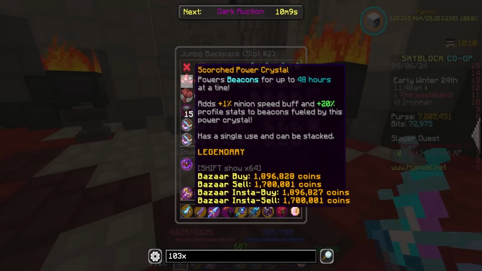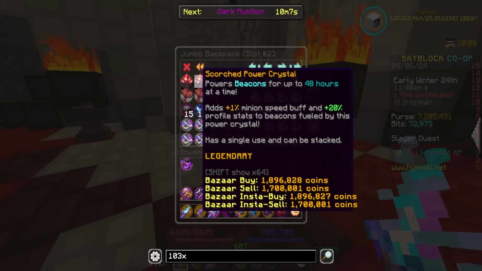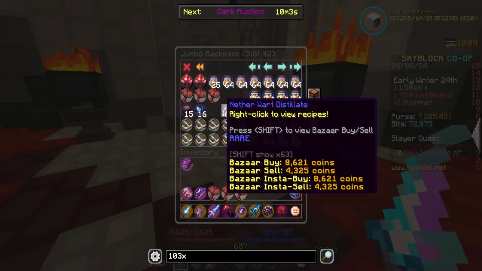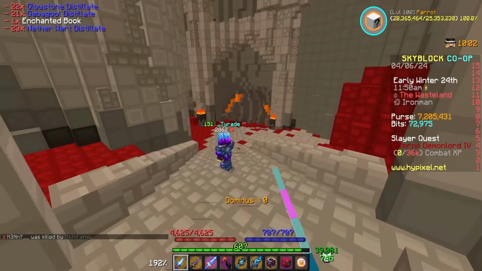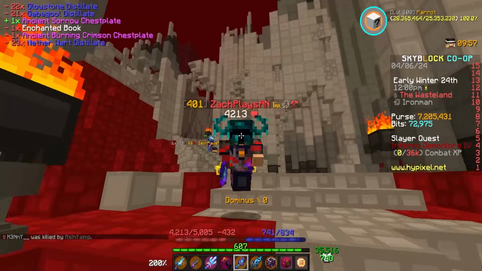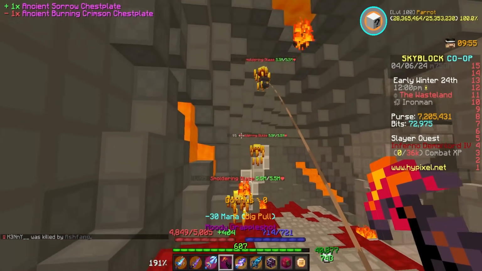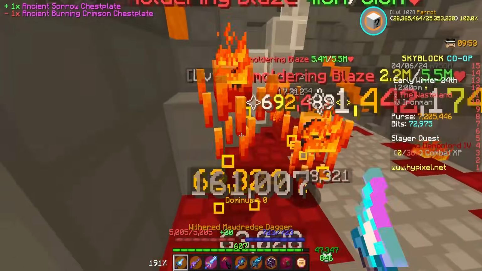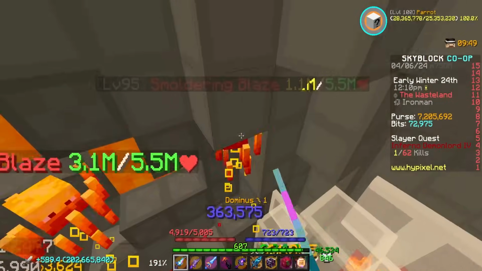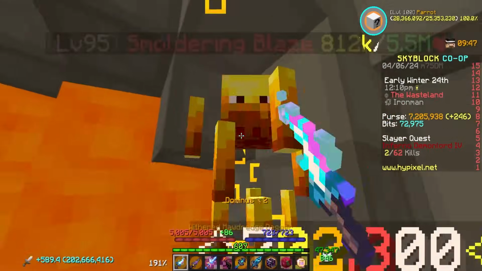I was about to go slap these in my beacon, but I actually haven't been able to forge power crystals for my beacon because of how much I've been using my forge for other things. Every time I remember to go and do it, there's stuff in my forge, which is not a terrible thing to have, but I definitely need to get some power crystals going back in my beacon, because not having an extra 5% minion buff is kind of a troll, not gonna lie, especially when it's so easy to